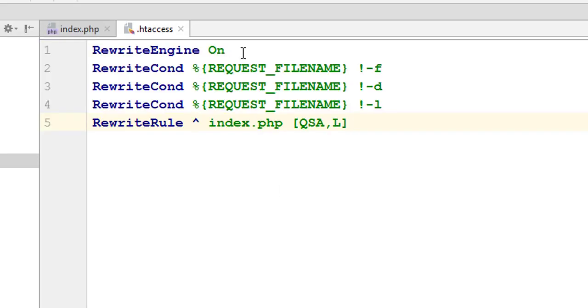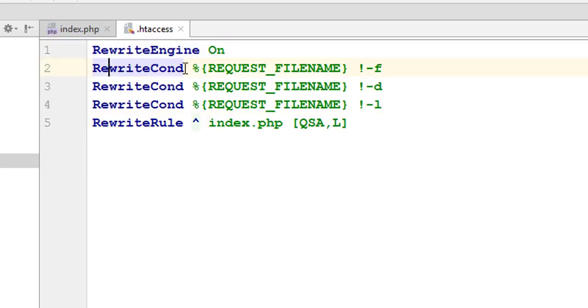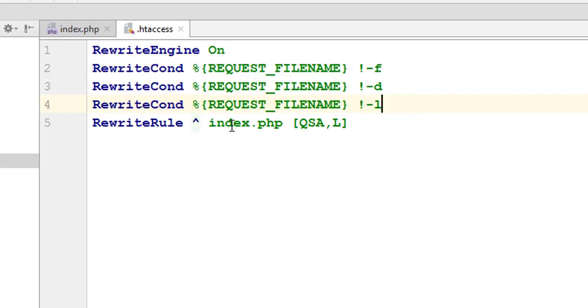So if you look at this code, I'm saying RewriteEngine on. Then I'm adding some conditions here. If it's not a file, directory, or symlink, I simply want to send that request to index.php. I want to append the query string. These are, let's say, the parameter list, like name equals x and ampersand last name equals y, and so on, which is going to be appended to that one. L is the last condition that applies, so it will not follow any other condition. So now that I did this, if I save this file and go back to the browser,